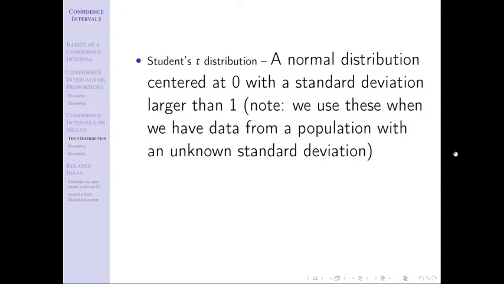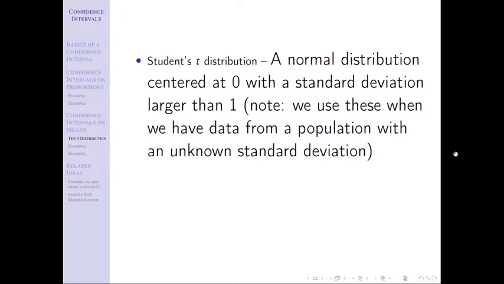One more thing before we wrap up. I know I've talked a lot on this one definition, because you may be asking yourself why. I'm still going to be standardizing. Why can't I go to a z-table in this case? Why does it matter if I know sigma or if I use s instead, right? And the answer to that takes us back to last chapter when we talked about the law of large numbers.